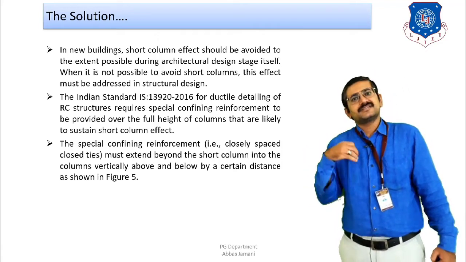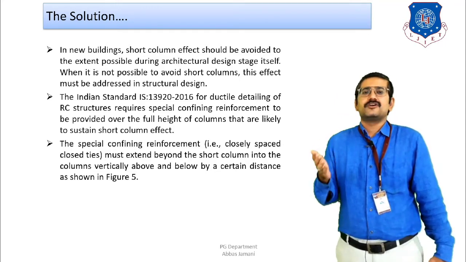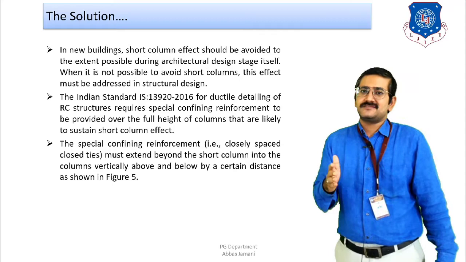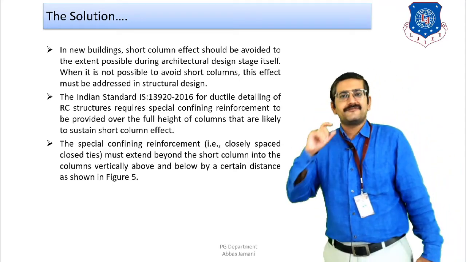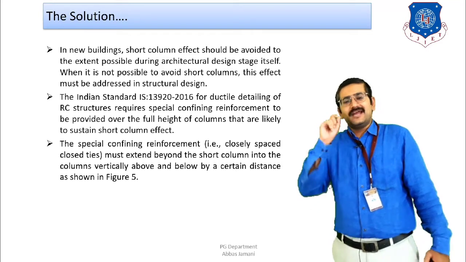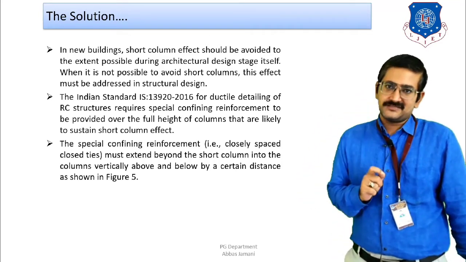Now if the situation is such that this cannot be changed, then it cannot be avoided in the design office. IS 1893 is again giving you a guideline that that particular portion should be designed for 5 times the horizontal shear. An adequate amount of shear reinforcement should be provided in the column as per the guideline of IS 1893.